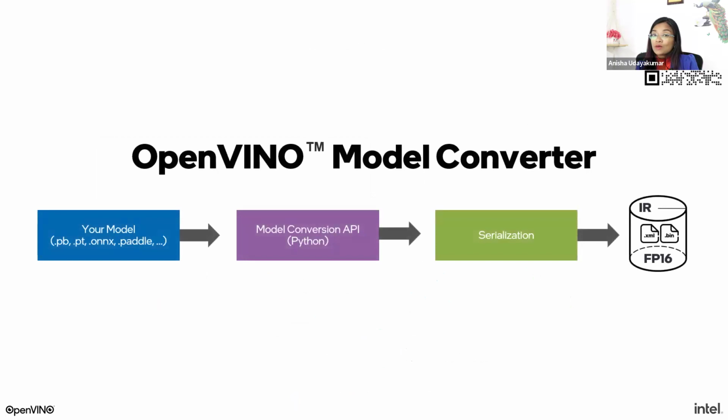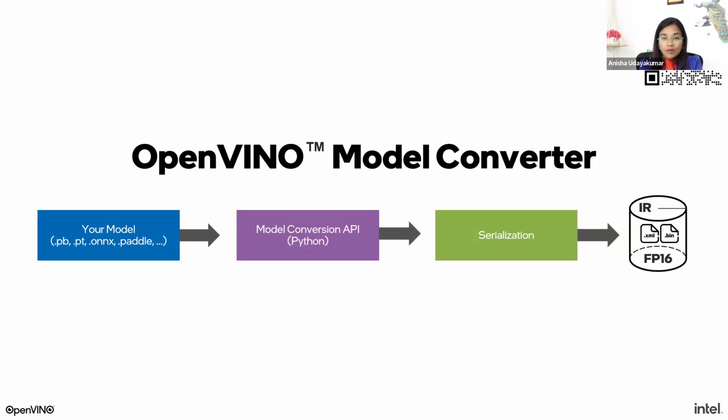If you ask me what's within this toolkit, one of the major components is the OpenVINO model converter. I mentioned having the AI model in one of those formats like TensorFlow, which is .pb, or PyTorch or others. You use this model converter API to optimize it to OpenVINO format, or IR format. We call it the intermediate representation format. The IR files consist of a .xml and a .bin file. The .xml hosts the architecture of the model and the .bin file hosts the weights and biases.